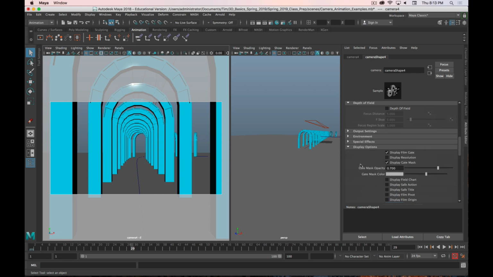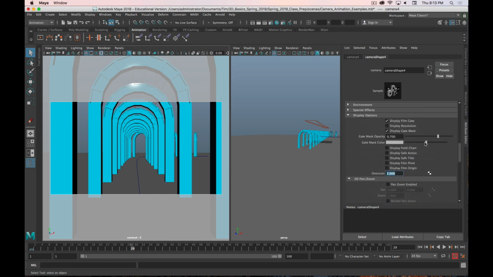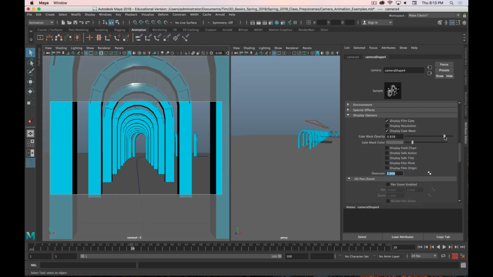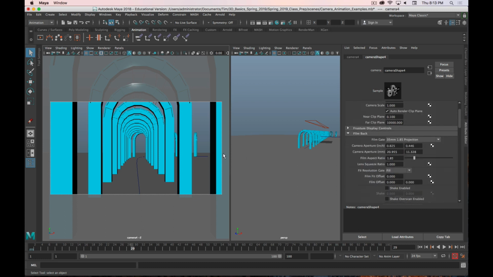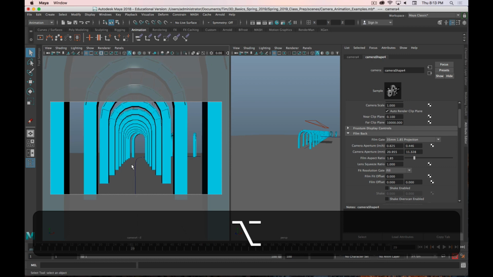And then if I go back down to the film gate, I'm just going to darken the gate mask color and increase the opacity so it's a little easier to see what is and is not in frame. Okay. So I have that. Now I need to set my starting frame. And I'm going to start with it